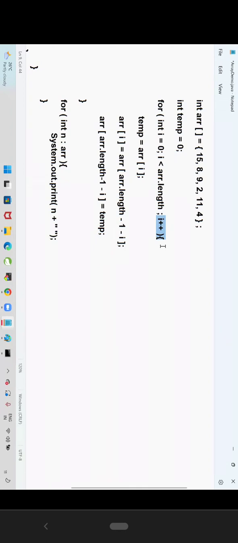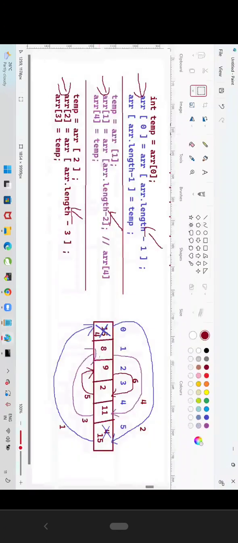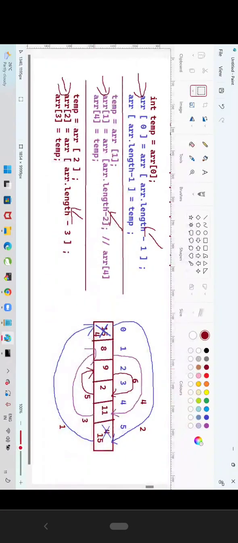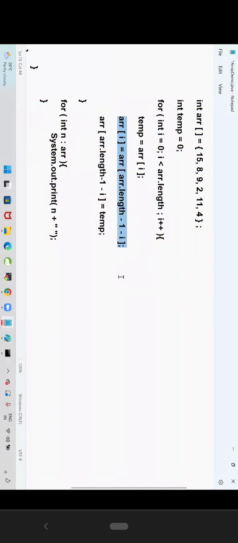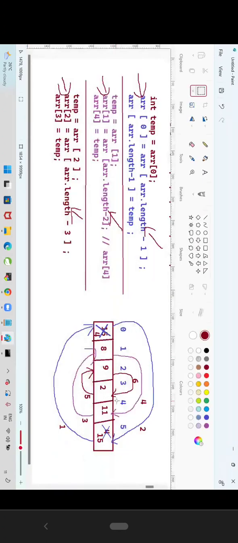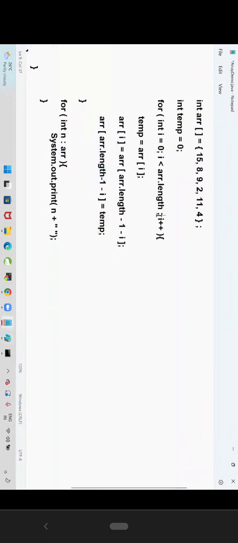Third iteration. In the third iteration I value is becoming 2. So temp is equal to array of 2. So that second index position value is coming, storing in the temp. Then array dot length minus 1 minus 2. Array dot length is 6 minus 1, 5, 5 minus 2, it will become 3. The third index value is stored into the second index. Now the temp value is stored into the third index. That means this value went into the third index. That's fine. Then I value became